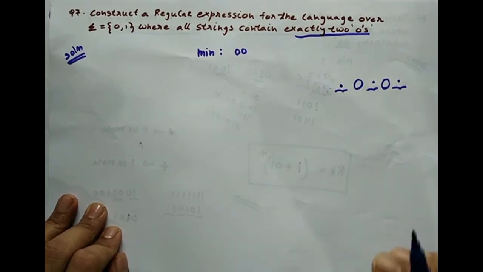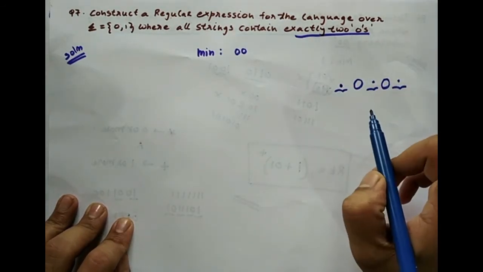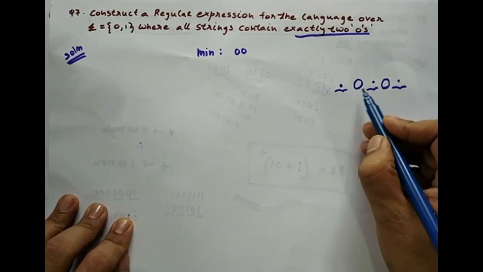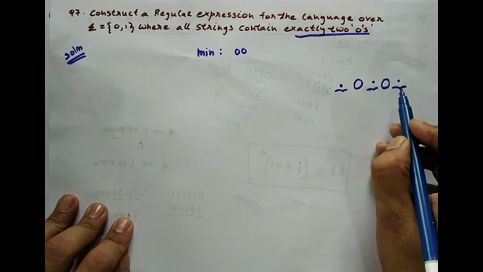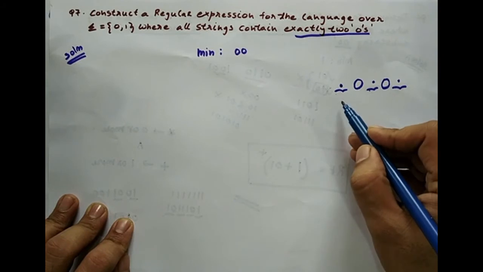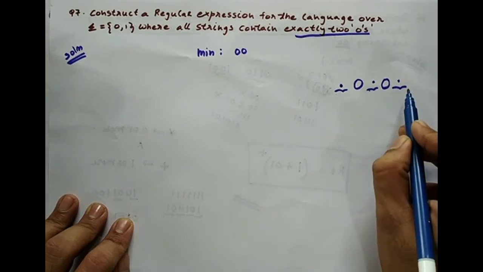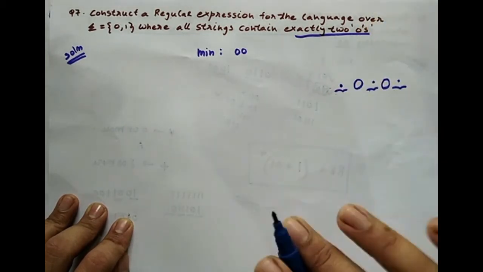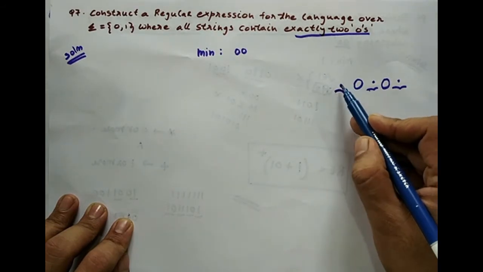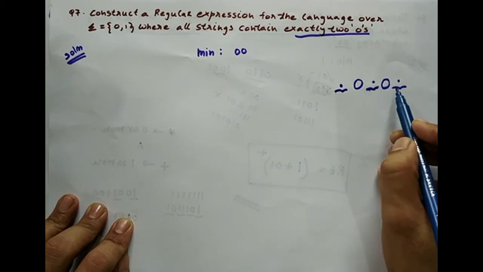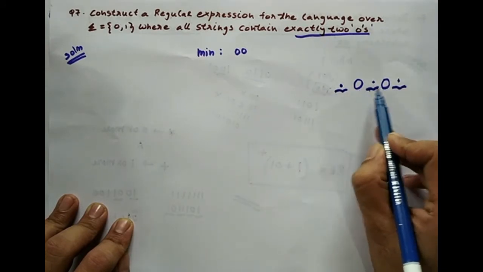Please think again about what I have said. I said any combination of 0 and 1. Is it true? No. This part and this part cannot be any combination of 0 and 1, because if I say any combination of 0 and 1, I am increasing the possibility of more zeros coming into the picture. So I will revise my statement. Here it can be any number of ones, 0 or more. Here also any number of ones, 0 or more. Here also any number of ones, 0 or more. No more zeros will be taken. There are exactly 2 zeros.